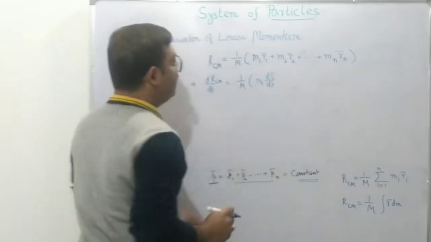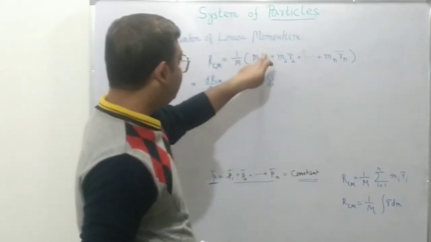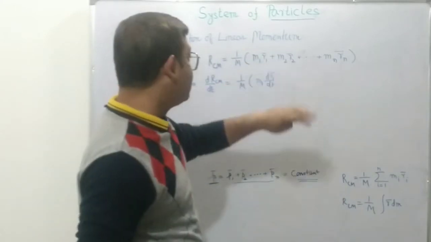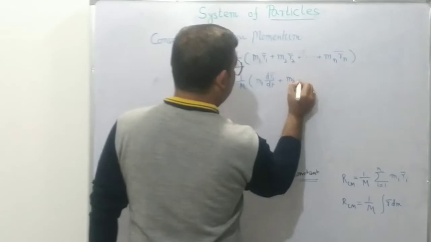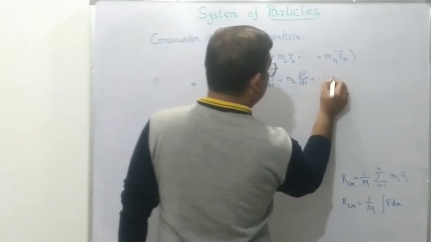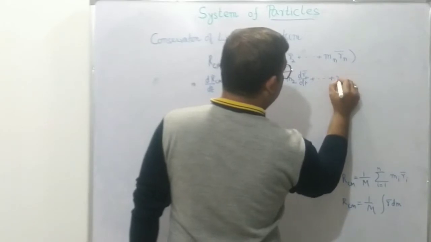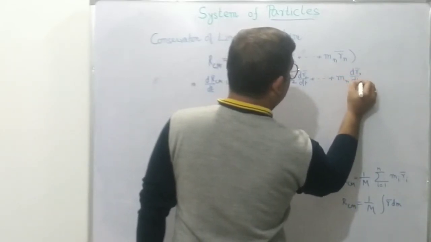Why have I taken the differentiation sign inside? Because we know that masses are constants with respect to time. So this is equal to m2 dr2 by dt plus finally mn drn by dt,